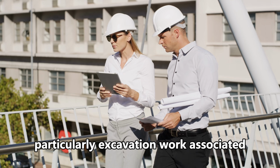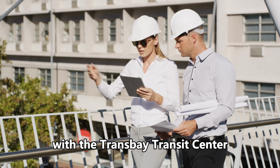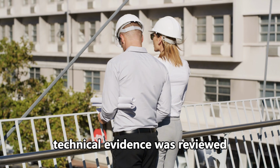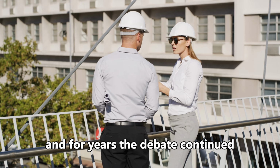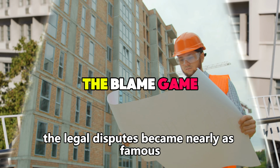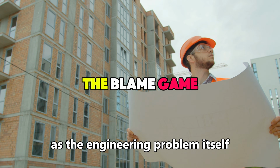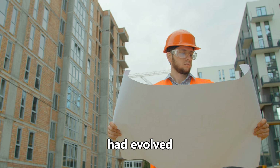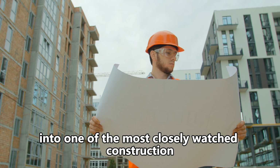particularly excavation work associated with the Transbay Transit Center. Experts were hired, reports were written, technical evidence was reviewed, and for years, the debate continued. The legal disputes became nearly as famous as the engineering problem itself. What began as a luxury residential tower had evolved into one of the most closely watched construction controversies in the